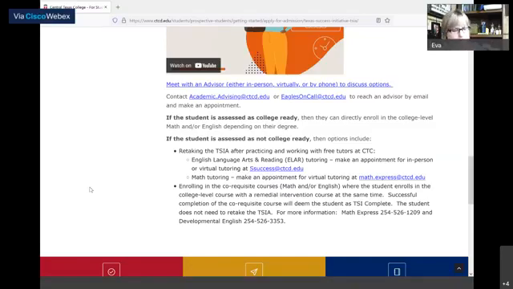Ellen, I think you were about to start talking about co-reqs, I'm not sure, but the co-req options are wonderful because it helps you get the material you need and pass the college level at the same time. And those courses are